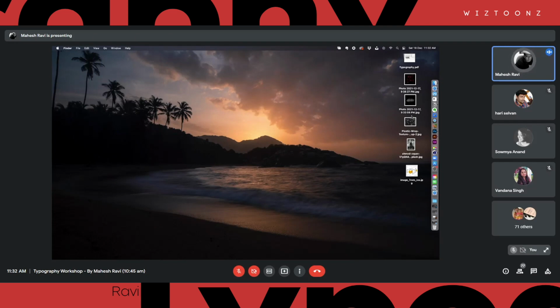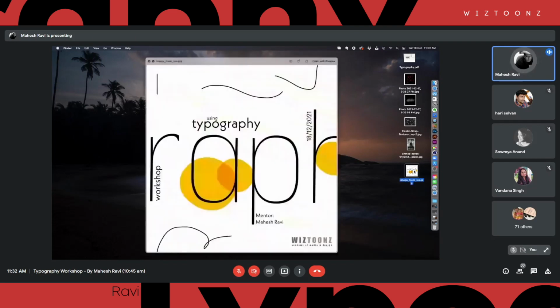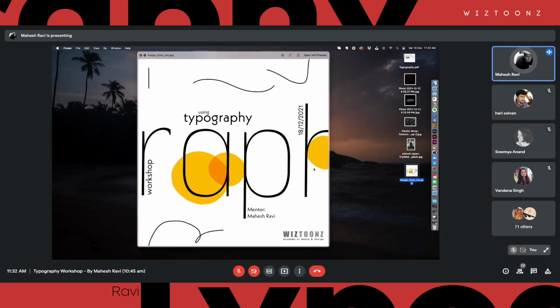So for example, I'm just going to go to this poster that you have seen already. This is the poster for this event. I think all of you have seen this. If you look at this, there are a lot of elements happening. I explained it to one of my classes yesterday. I'm actually trying to promote the event, but there is a lot of play with typography here itself.